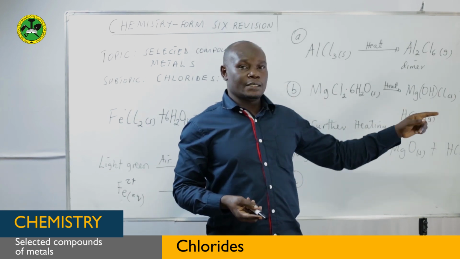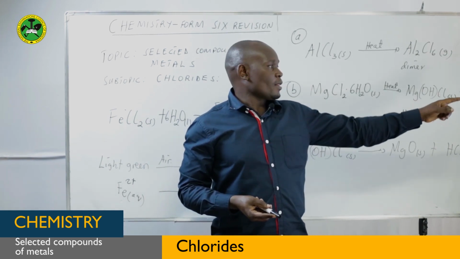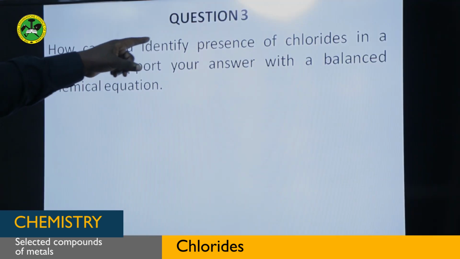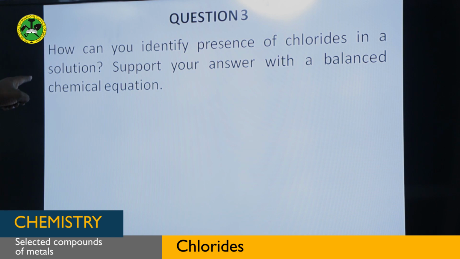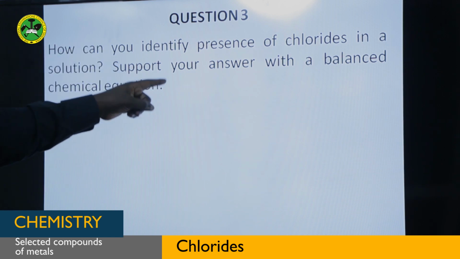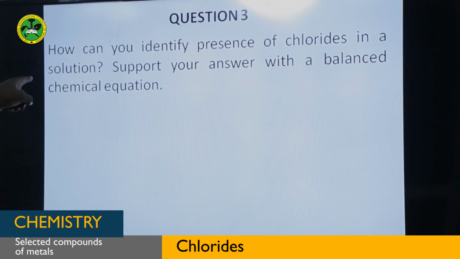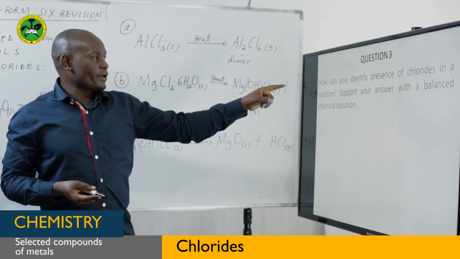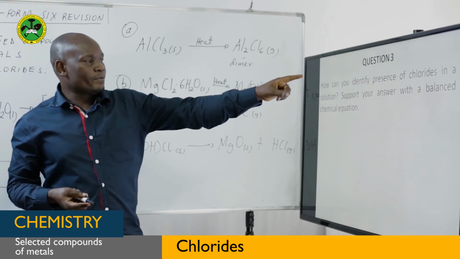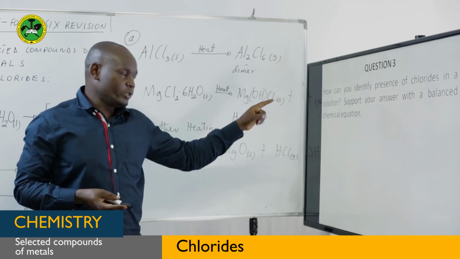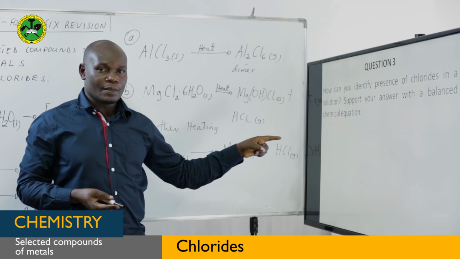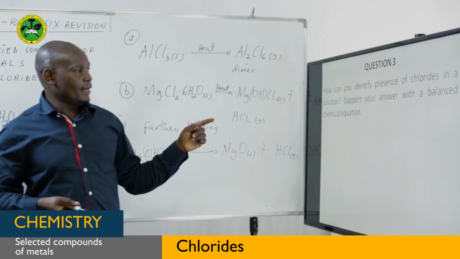It's question number 3, but it's the first assignment for you. The question is: how can you identify the presence of chlorides in a solution? Support your answer with a balanced chemical equation. That is the first assignment question. How can you identify the presence of chlorides in a solution? Support your answer with a balanced chemical equation. And another assignment question,